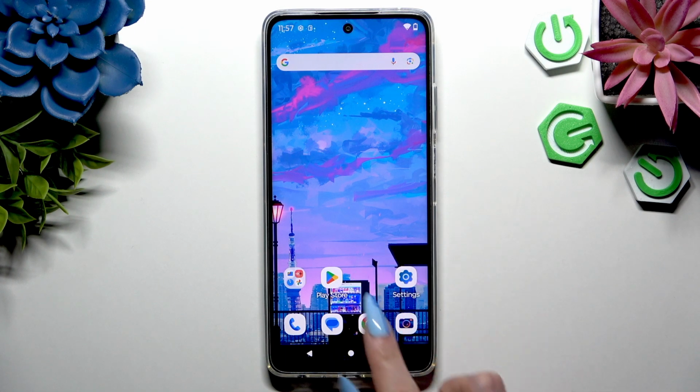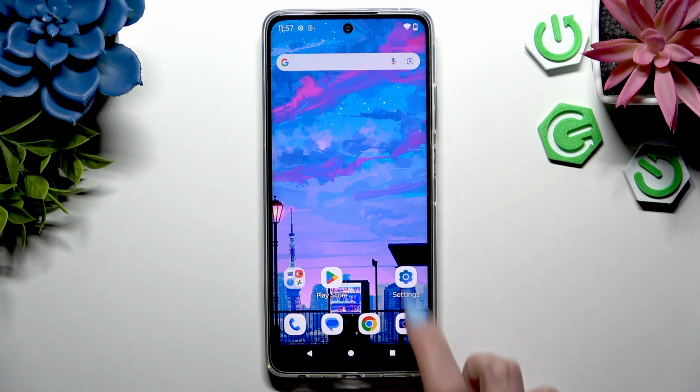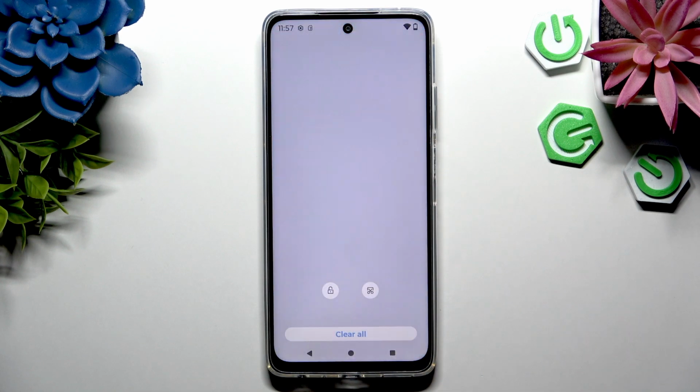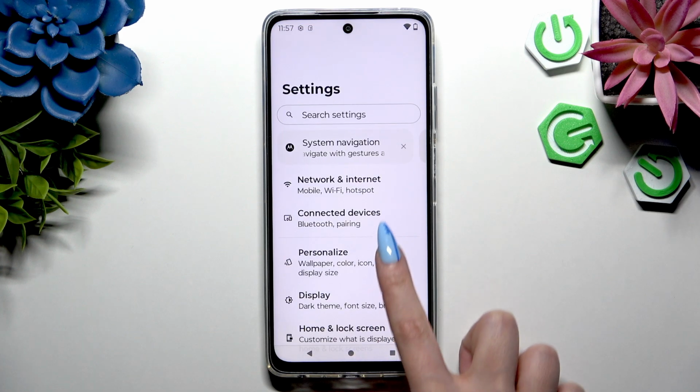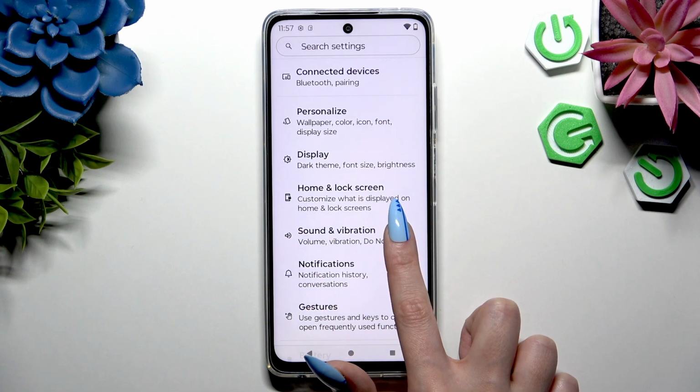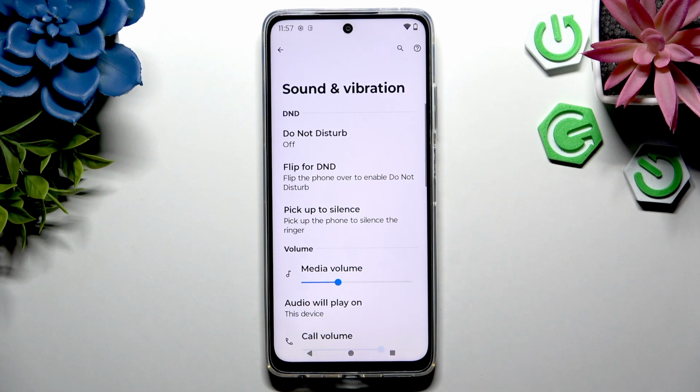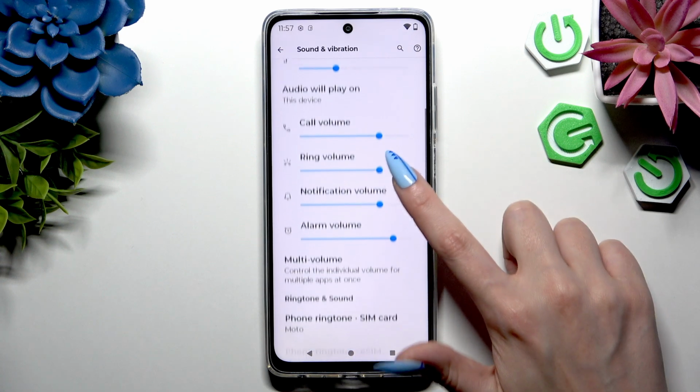Begin by going into Device Settings and scrolling down to click on Sounds and Vibration over here. Then you need to scroll down again,